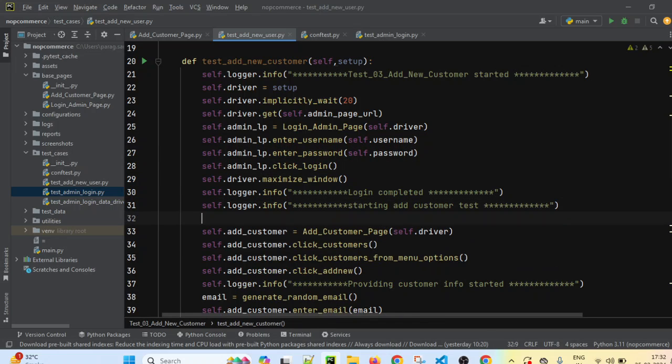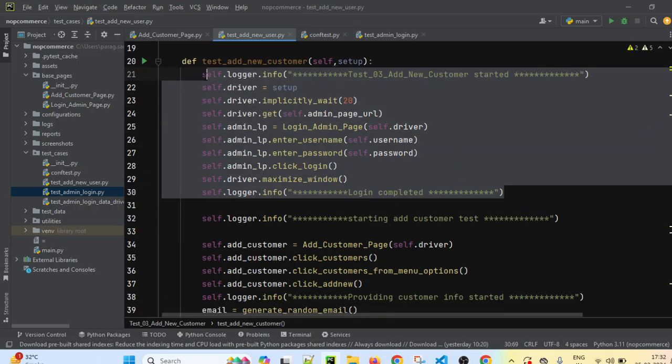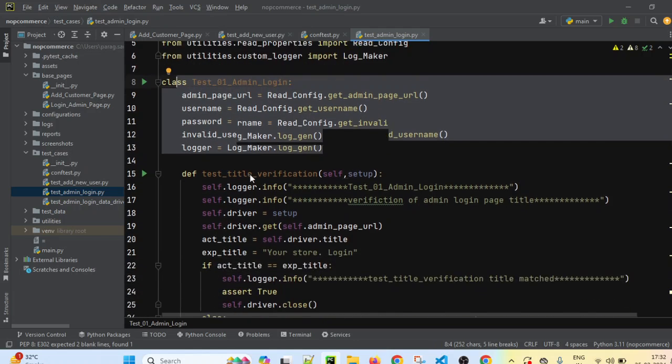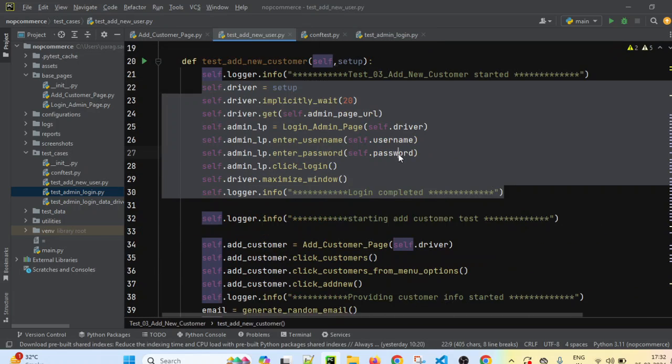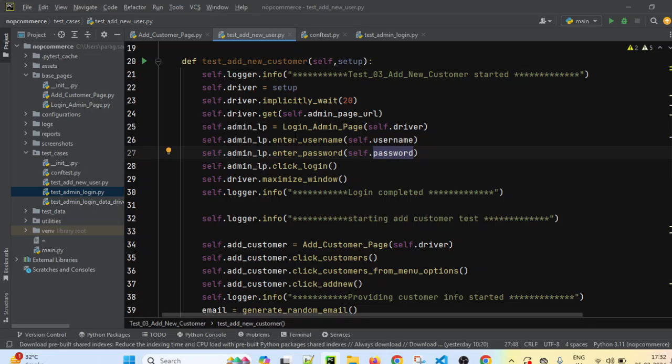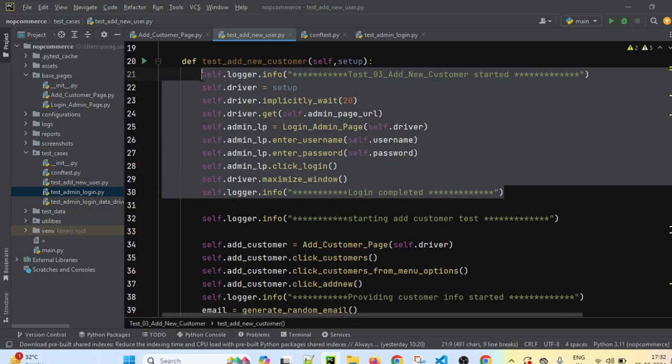So up to this point, it will complete the login. This stuff will complete our login of admin username and password. We have already used this in our previous session as well. If you see, this is the same code. So this will use the login base page and call the login base page methods, and we are going to log in into our portal as admin. So it will complete the login.